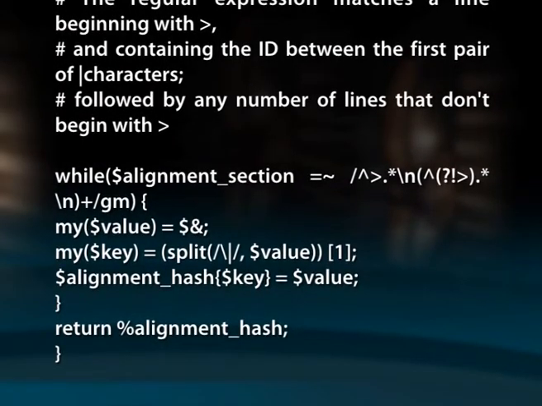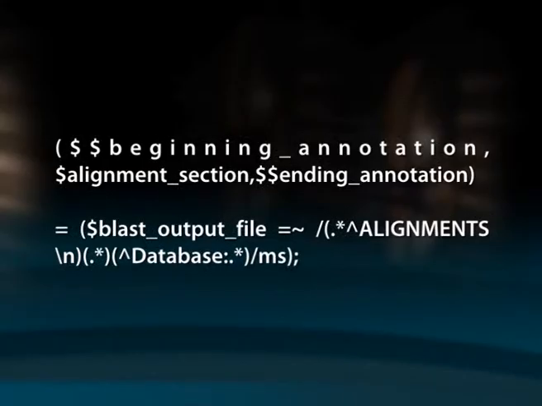The data is first read in from the named file with our old subroutine, get_file_data. Use the join function to store the array of file data into a scalar string. The 3 sections of the BLAST output file are separated by the statement $beginning_annotation, $alignment_section, $ending_annotation equal to $BLASToutputfile and the regular expression